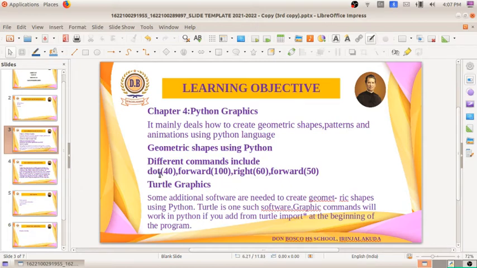So before writing these commands, we have to write the code from Turtle import star. This is the code. We have to import these commands from the library Turtle, or the module. We can call it a library or a module.